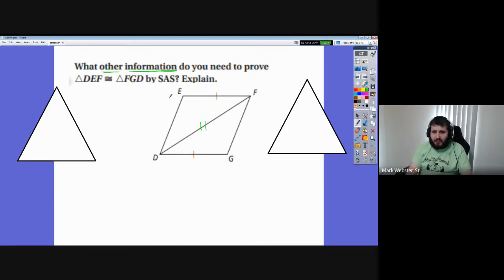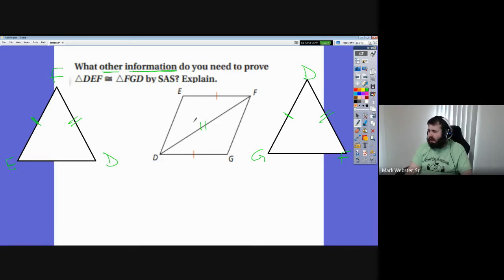Well, look, I've got one and two. So, 1 and 2, 1 and 2. What's in between 1 and 2? F. Going down the 1, I know that's E over here. The other one's got to be D. Let's do the other one. What's in between 1 and 2? We've got D. Going down the 1, we got a G over here. Going down the 2, we've got an F over here, right? So this is what I have, and they want me to